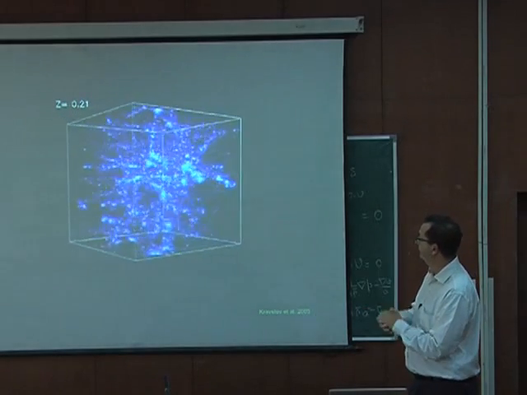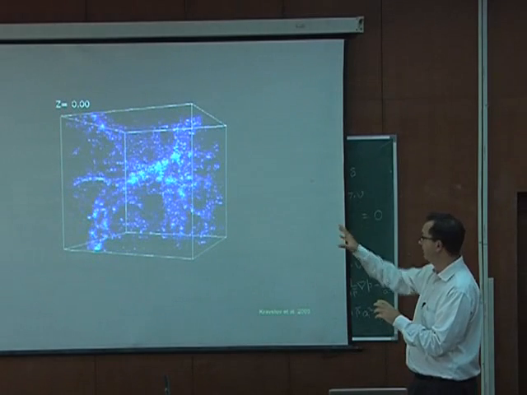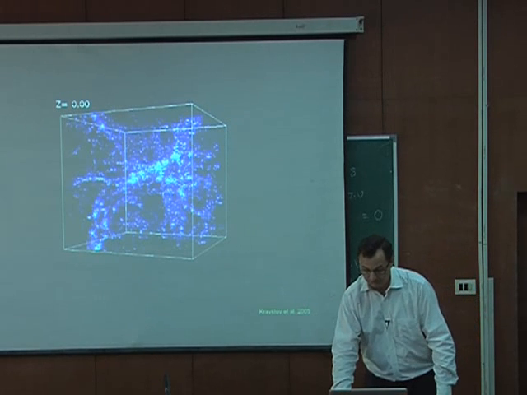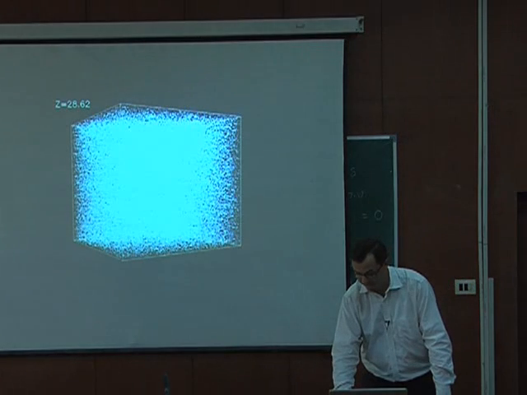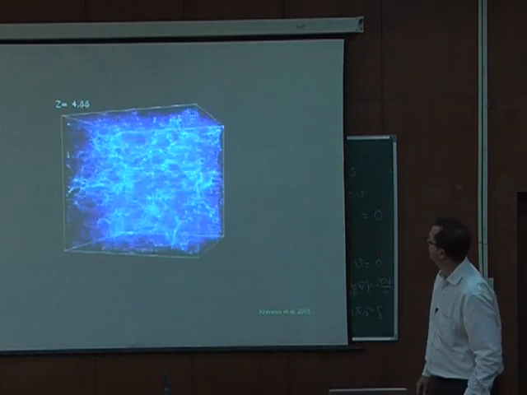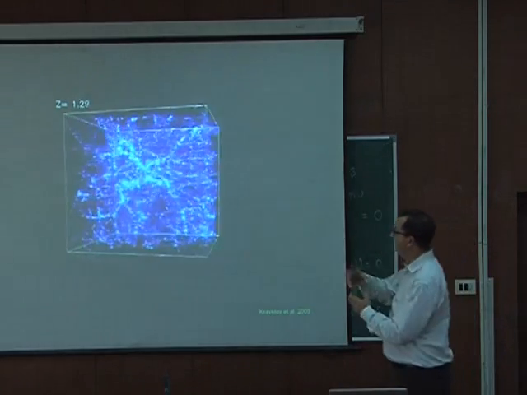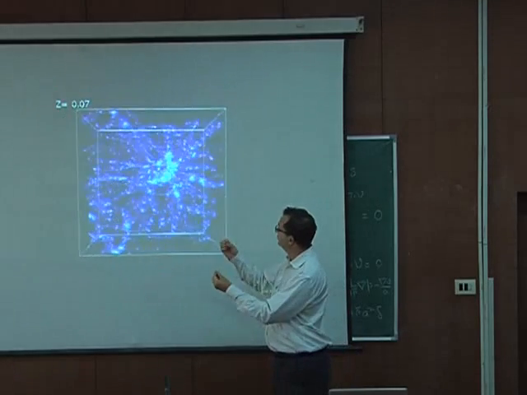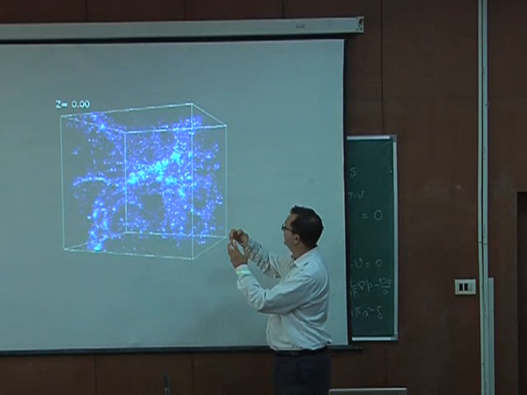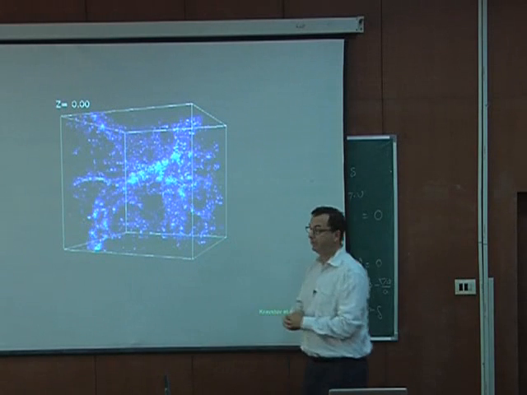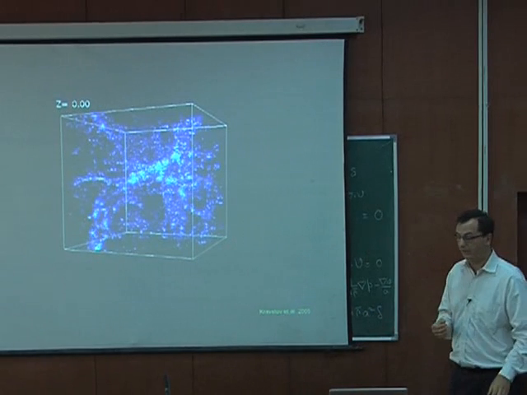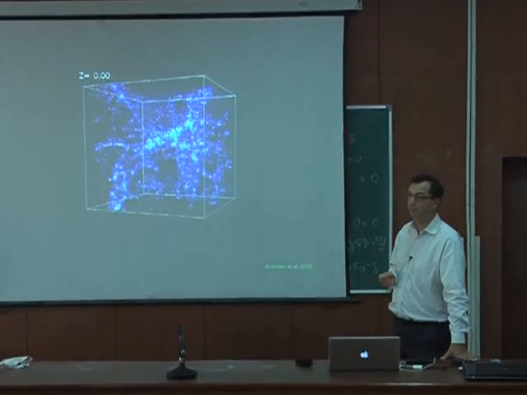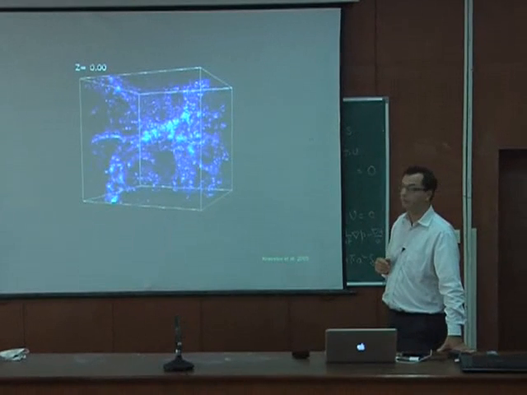as time evolves, the action of gravity, which is the only force acting here since it's only dark matter particles, makes the structures start forming at higher and higher contrast. So let me show you again. You see they start forming, and you get this filamentary structure, which is sometimes called the cosmic web. That texture with filaments, clusters and clumps, with halos at the intersections of filaments, is characteristic of structure formation when only gravity is acting, and in particular in cold dark matter models, this is the type of structure that one